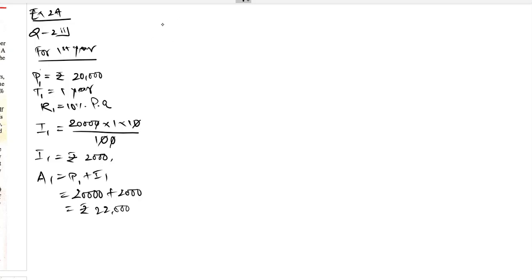This is the amount after first year, which will become principal for the second year. So for second year, P2 is equal to 22,000, R2 is equal to 10% per annum, T2 is equal to 1 year,